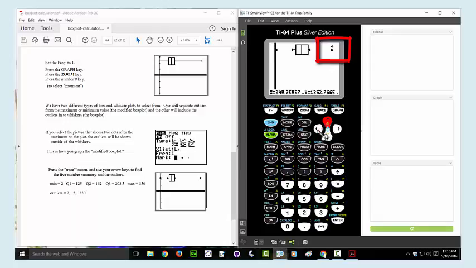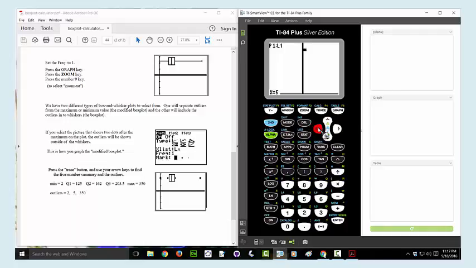If I want to move that over to, say, finding the lower end of the outliers, I'm going to just press the left arrow key a number of times until the cursor starts to move. Now, once I get this cursor at the location where I want to zoom in, I'm just going to press the enter key, and then the calculator will zoom in to that location. So now I've placed my cursor where I want to zoom in at, hit enter, and it zooms in at that location. So if I press the trace button here, it takes me back to 104, but then it comes